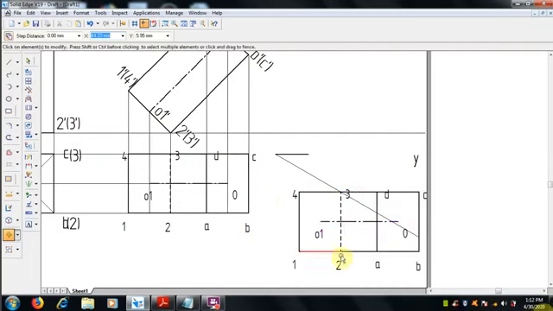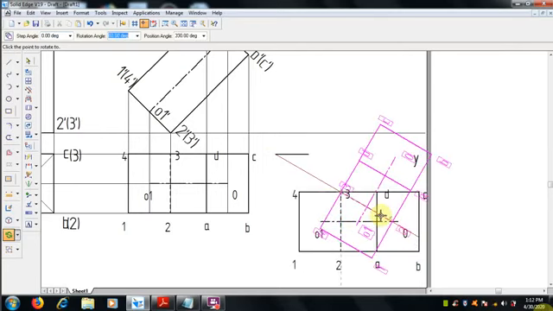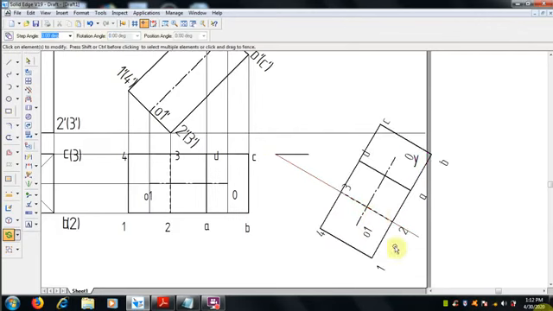It's a copy only, so it should not be moved directly. The original should be there and a copy of it only is moved here. Now it is to be rotated, which is the edge 3 2, the resting edge 3 2 is to be rotated and it should be kept on the 30-degree line. Fully it is getting rotated, but it should not exceed the reference line.